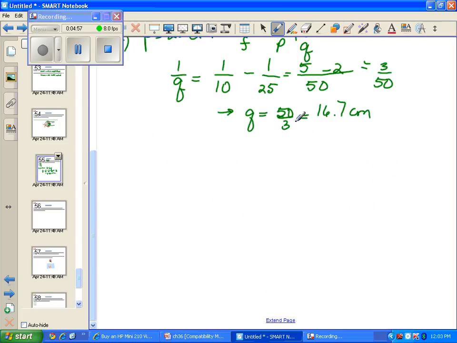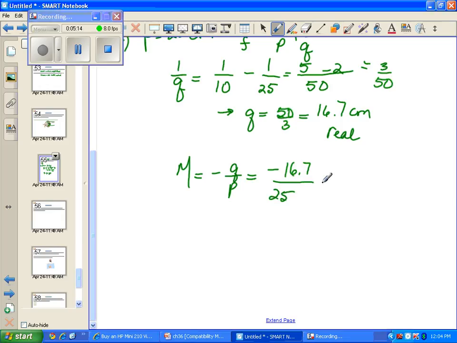So this tells us that the image is real. The magnification equation tells us that m = -q/p gives us -16.7 divided by 25. This gives us -0.667. The minus here tells us that it's inverted. The 0.667 tells us that it's reduced. So we go ahead now